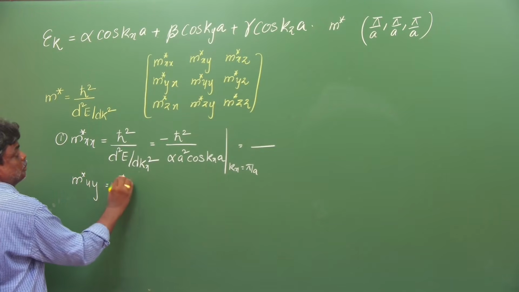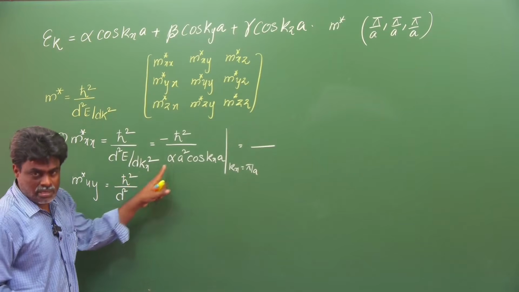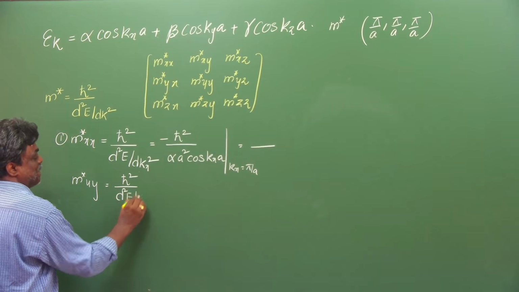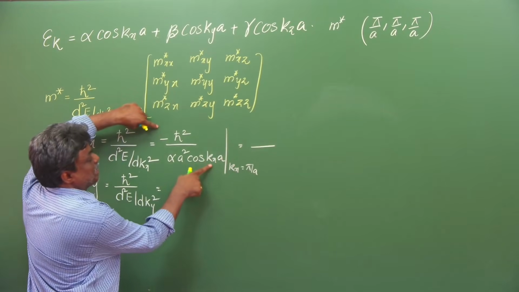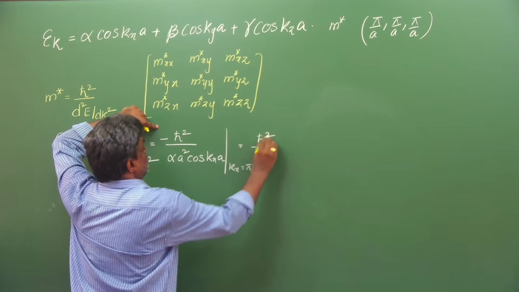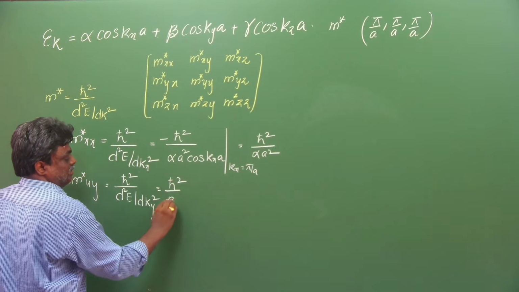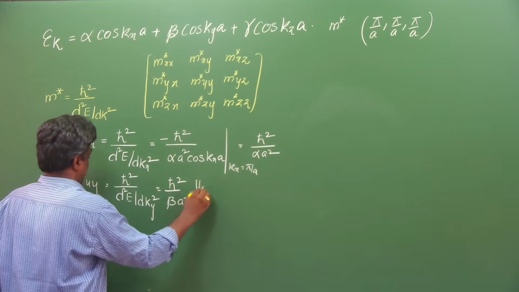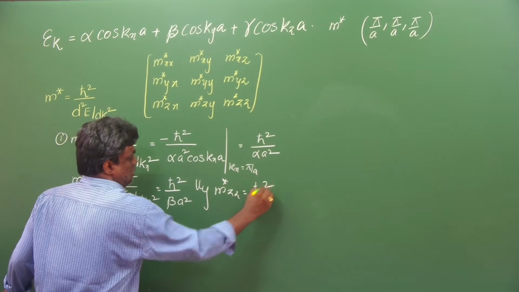After that, similarly, you will get the same answer, no need to do. The reason, similar answer with beta, d square e by dky square. Let us do this. Kx is pi by a, minus gets cancelled. H cross square by, come on say. Similarly, m star zz equal to,